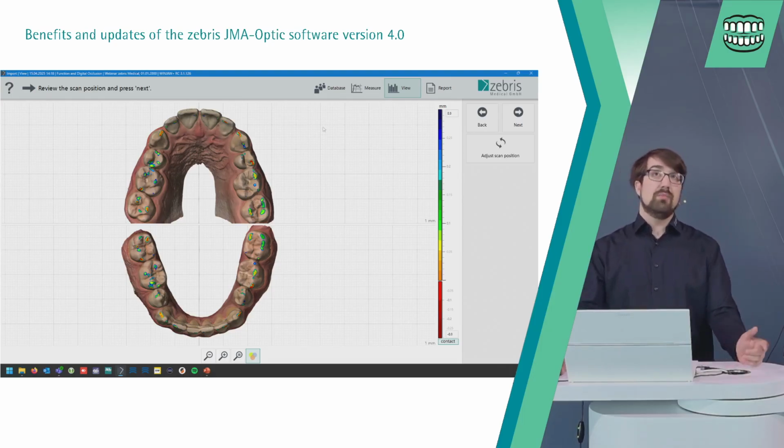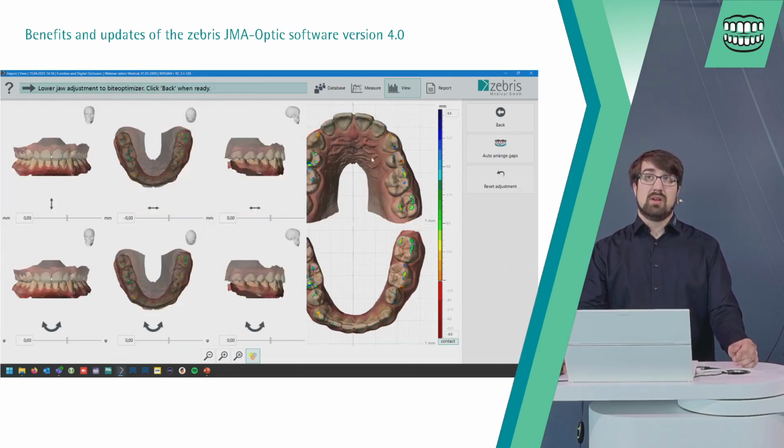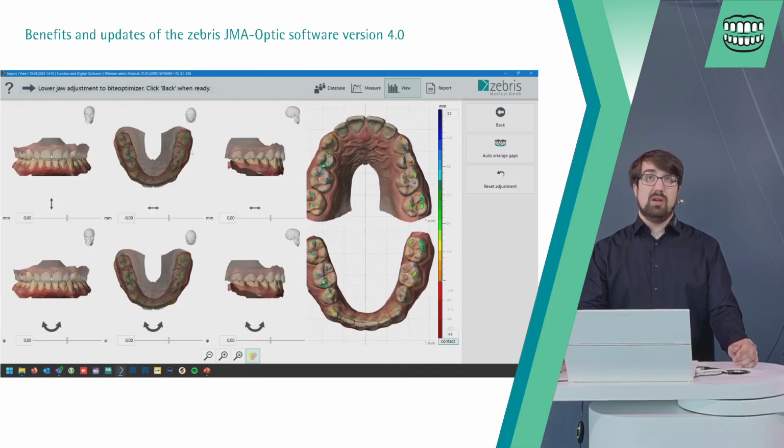So you can simply click here on Adjust Scan Position. And now what we see here, everything is at 0. Each position you can manipulate by hand is at 0.